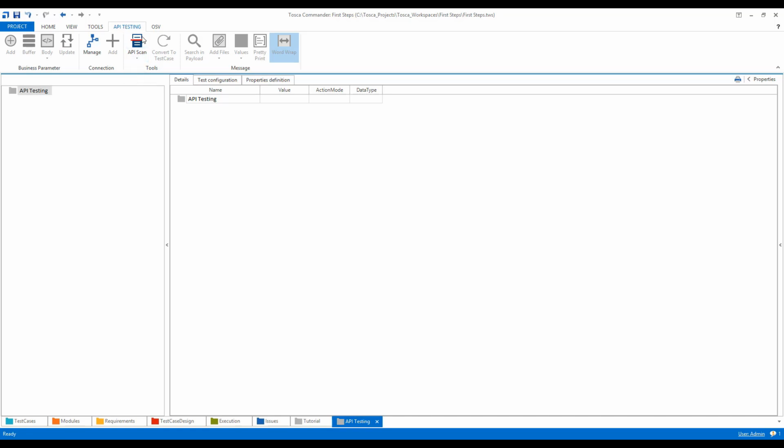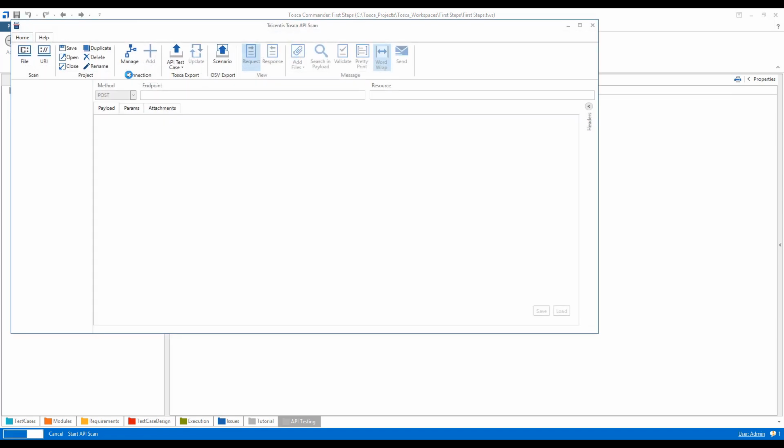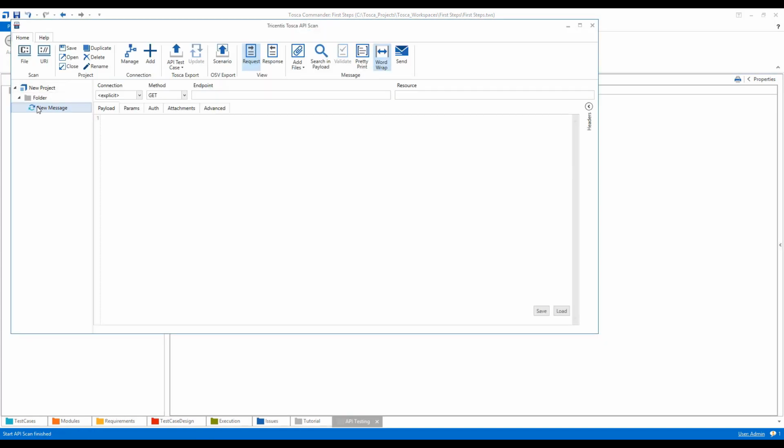We'll go to the API testing ribbon and I'll click on API scan. Now I will give it the name, say, digest auth. This is my new message. I've changed the name to digest auth. So I have one endpoint here, HTTP, which is basically a REST service. I will just quickly write the full endpoint here, web service